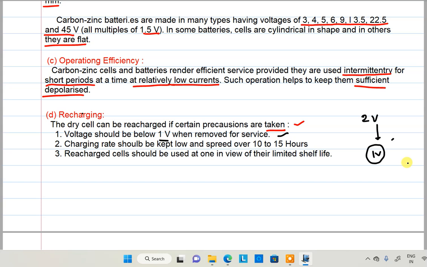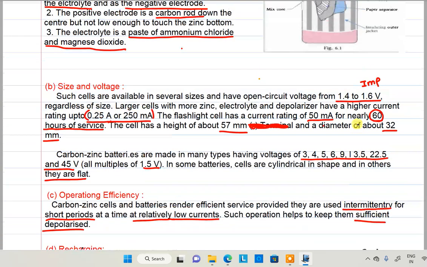There should be one precaution. That means the minimum voltage required to recharge again is 1 volt. The charging rate should be kept low and spread over 10 to 15 hours. Recharged cells should be used quickly, as their shelf life is further limited. So the shelf life is limited also. So this is about the